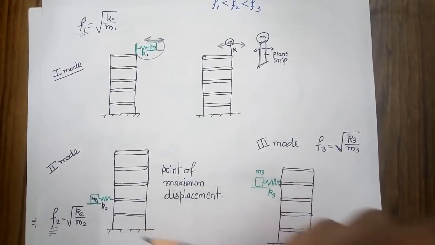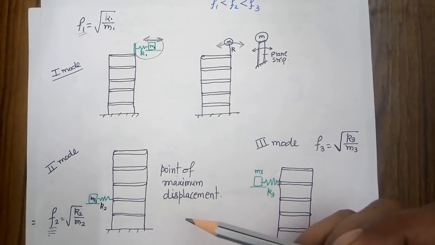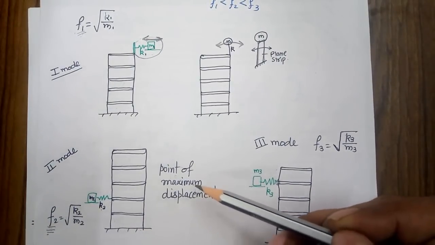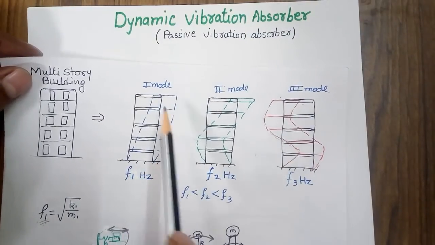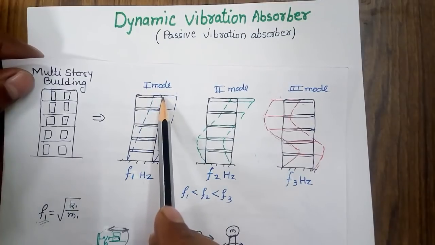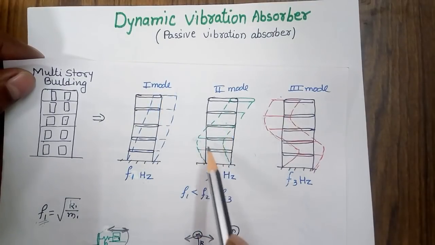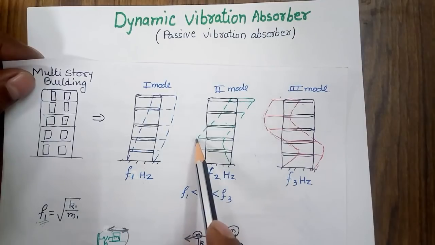Why? Because the vibration absorber works effectively when it is attached at a point of maximum displacement. We can see here that in the first mode the top mass is moving with a large amplitude. In the second mode, the second mass is moving with a large amplitude, and similarly if